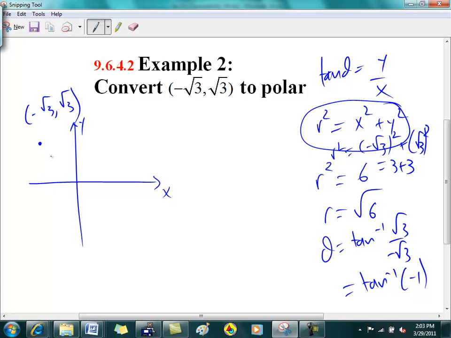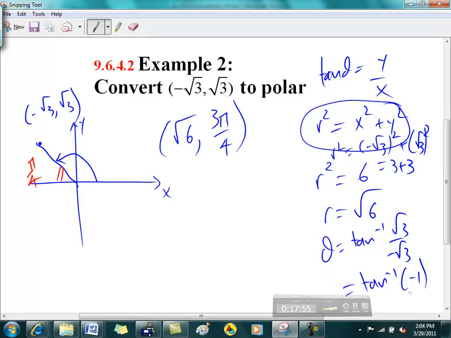Because it's in the second quadrant, from the friends table, you'll get pi over 4, but what you want is pi minus pi over 4. So your answer is root 6, 3 pi over 4. Okay, good job. Is everybody all right? Is everybody with him on this? Amy? Okay, so you need to explain. From the friends table is this angle. You want the blue angle, and you know that the blue angle